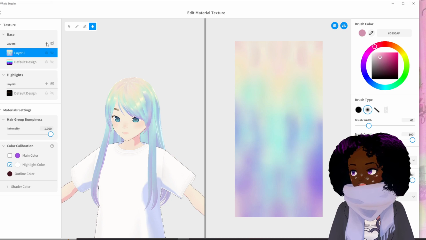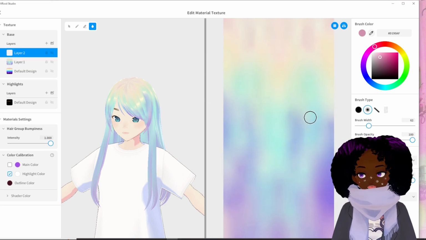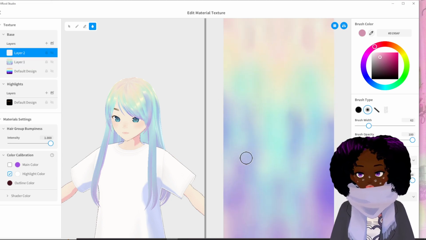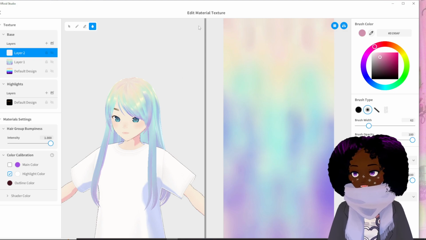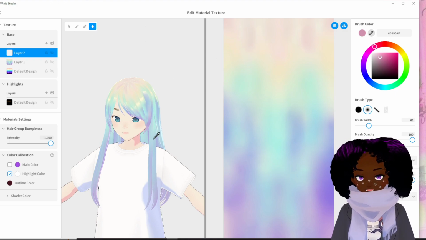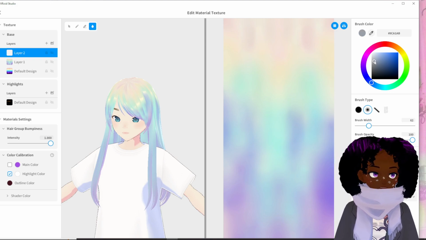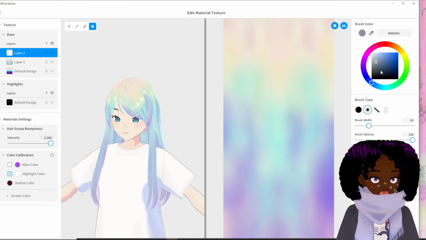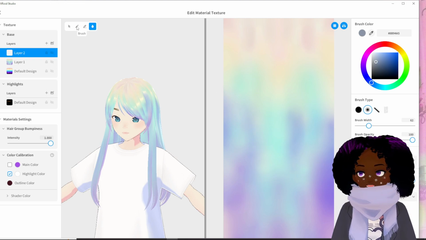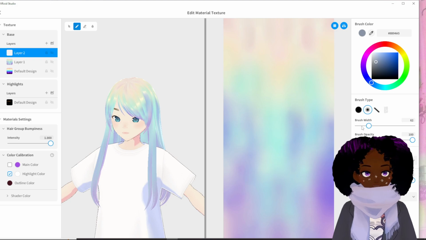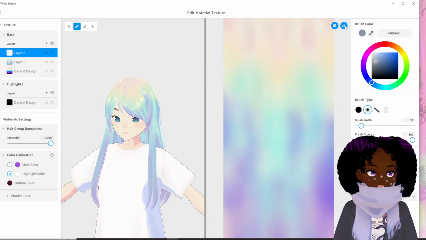And then we're going to open up a new layer, like I said, and then we're going to add in some shadows and some lowlights. So basically, we're going to go to a bluish grayish color. I'm just going to sample this and then go down to here. Something that's kind of in between the muddiness of what we already have. I'm going to decrease the brush size. I'm going to turn off mirroring.